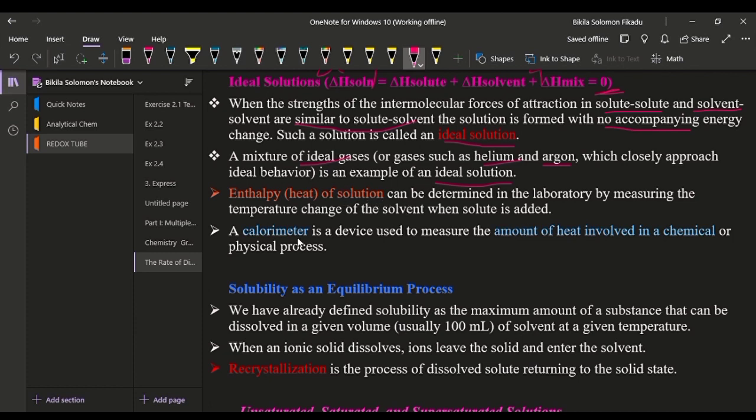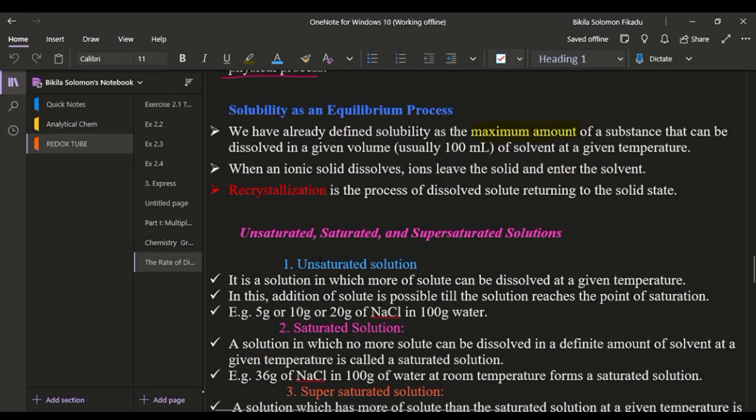So a calorimeter is a device used to measure the amounts of heat involved in chemical or physical processes. Meeshaan amounts of heat yookaan heat evolved chemicalaa fi physical processing keessatti amount of heat ittiin safarru maal jedhame waamama? Calorimetry jedhameetu waamama jechuudha. So the other topic is solubility as an equilibrium process. So we have already defined solubility. Solubility means the maximum amount of substance that can be dissolved in a given volume of a solvent at a given temperature. So solubility jalqaba maal goonerra define goonerra.